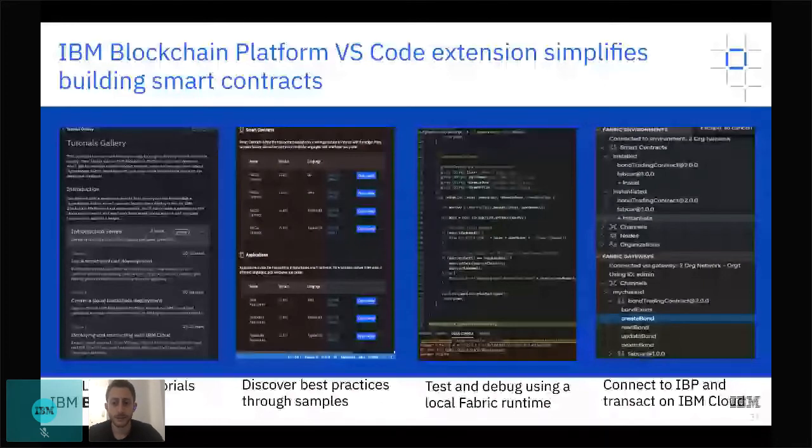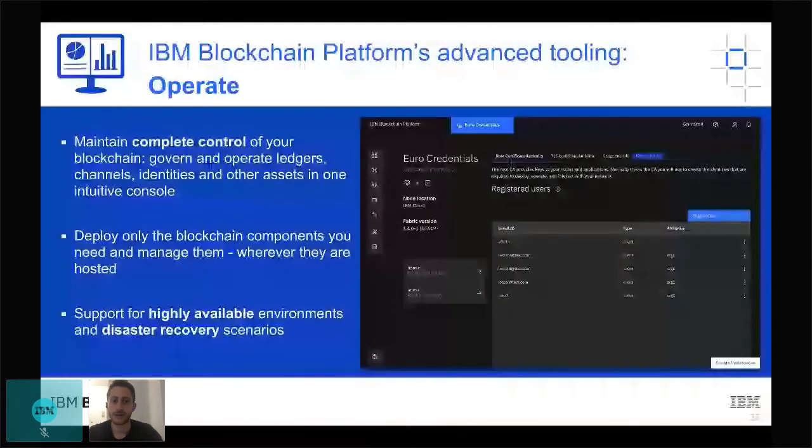Now, the IBM Blockchain Platform piece, which is the management piece here, really lets you operate. So it deals specifically with all the components of Hyperledger Fabric, which is the underlying blockchain framework that we discussed. And it gives you the ability to see it in an extremely intuitive UI, which you can see on the right-hand side. It got a Red Dot Award for one of the best designs. I think it was in 2019.